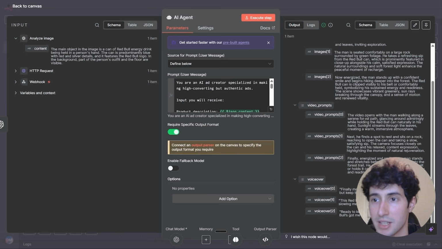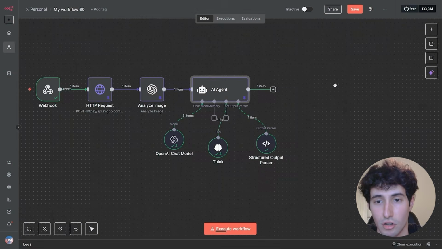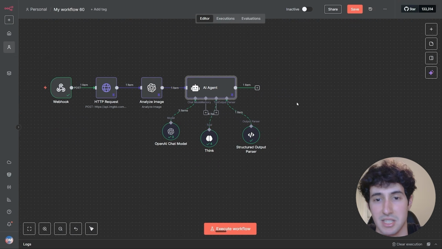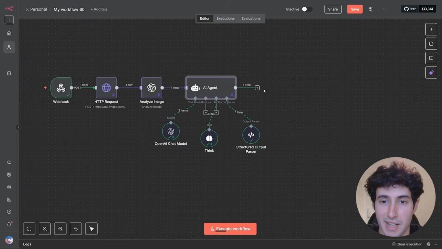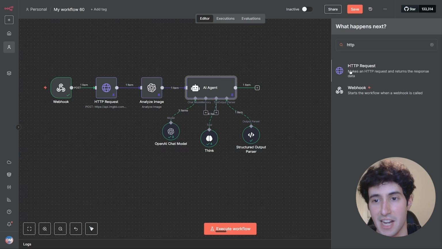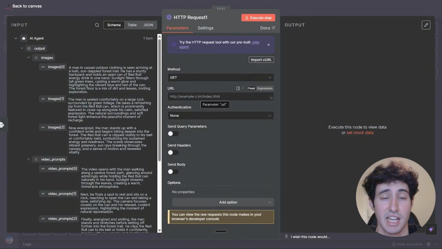So since now we're done with the AI agent as well, I'll simply come over here and pin this data, so I do not have to rerun this. And now what we need to do is to actually start generating our images. Now to do that, I'll simply come over here and click on the plus icon and search for an HTTP request. And the reason I'm using an HTTP request, guys, is because we can generate the images inside n8n, and